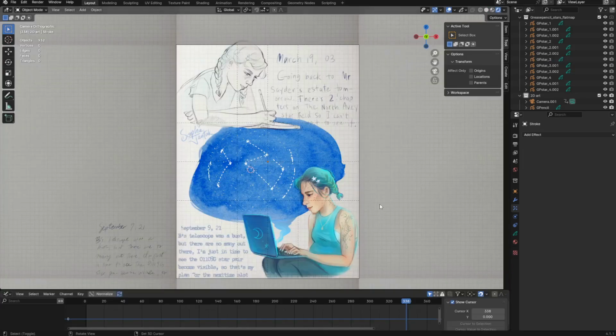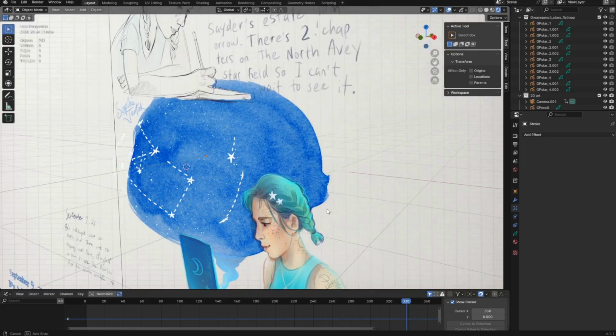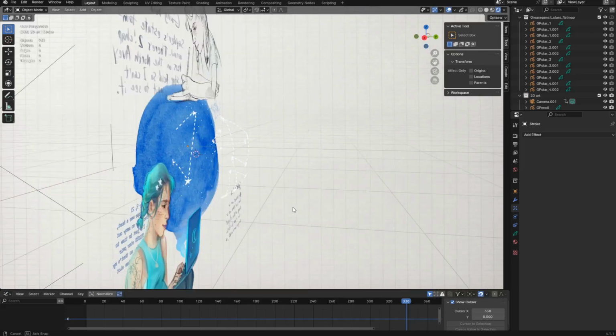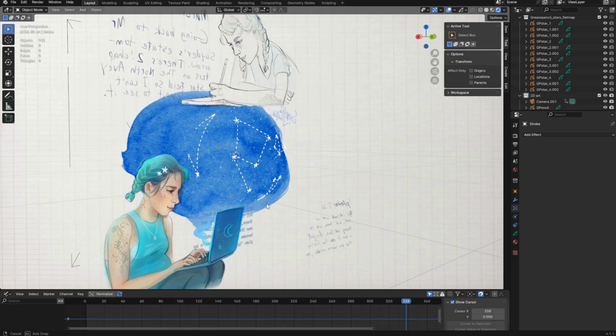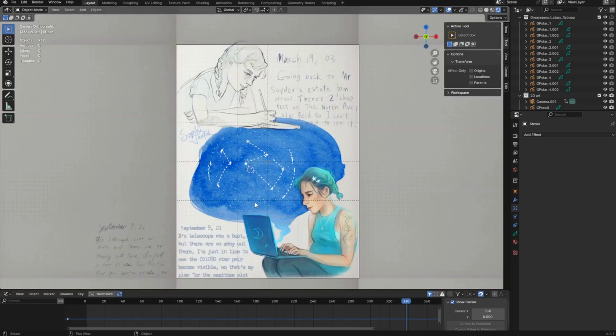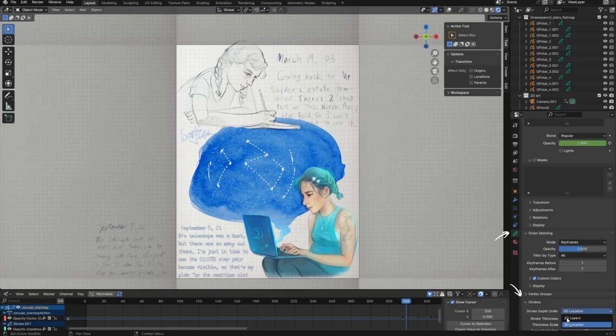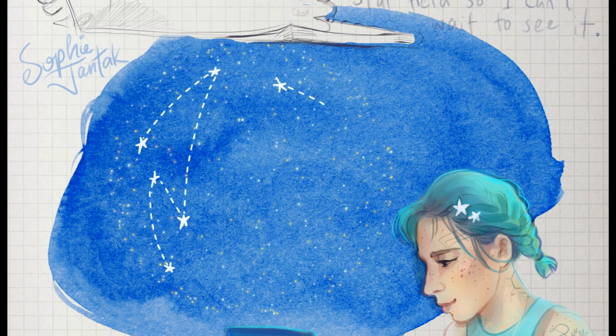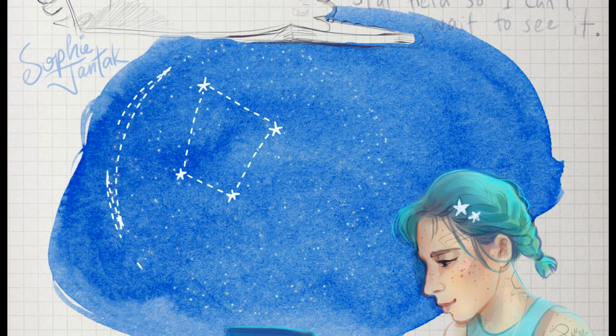I thought that I would need to do something more complex to hide the back of my star map, so both the flickering stars and my 3D constellations. But turns out just being behind the watercolor texture of my grease pencil object with my 2D paintings, that was enough to hide them. Though I did have to change the stroke depth order to 3D for some of these objects. Speaking of my 3D constellations, isn't this so cool?